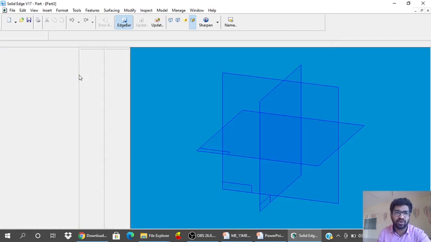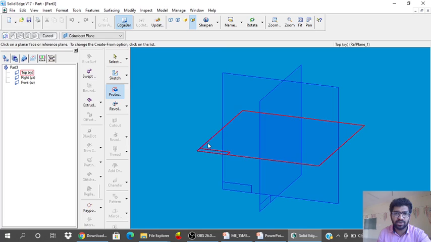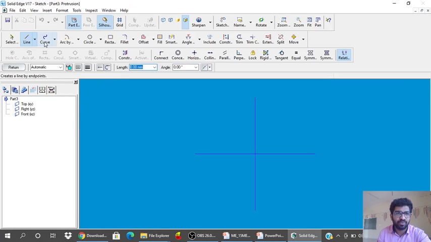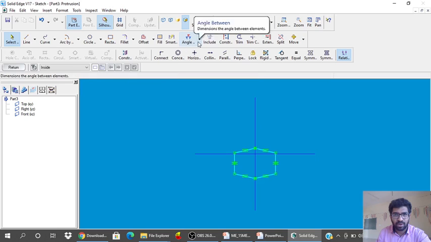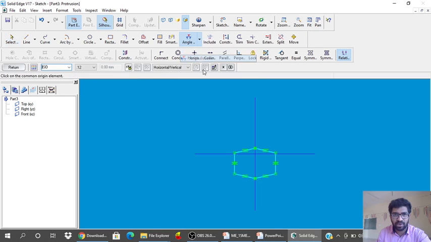So for that, create solid part, go for protrusion, select top plane, select line command, draw a hexagon, make all lines equal to each other. After making equal, give angle between these two lines.